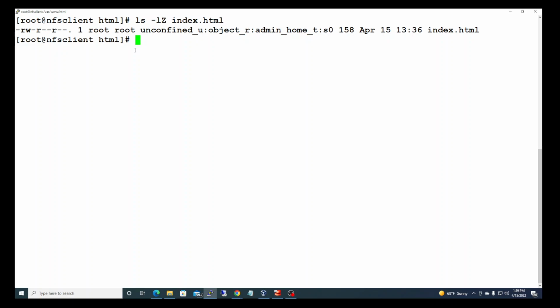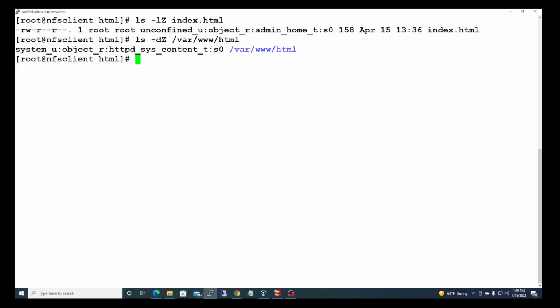The way to fix this is I will list the context for the directory. Let me just add -d to indicate that it's a directory. Okay, so this is the correct context that we should have right there. So I'll just copy it and I will do semanage